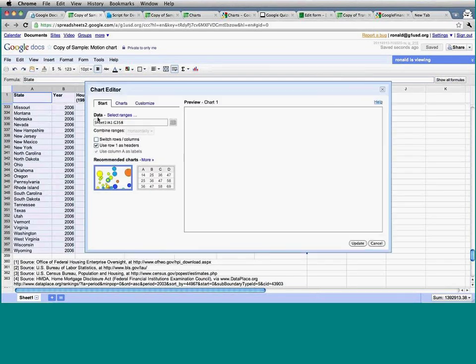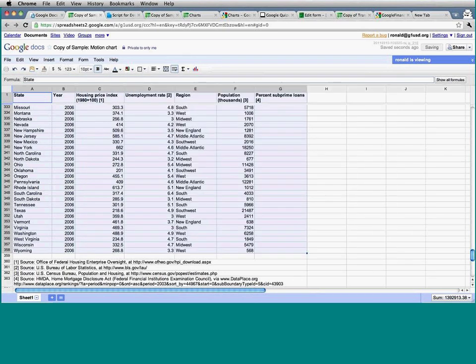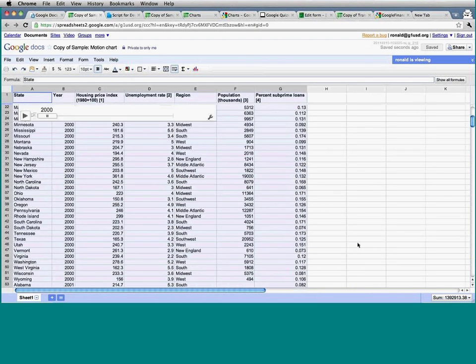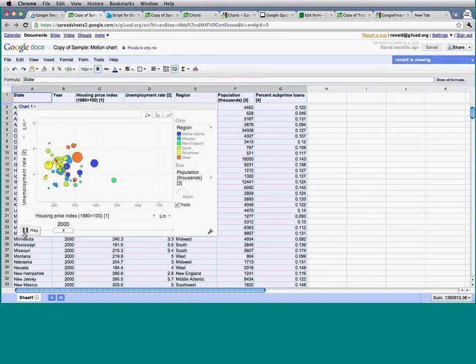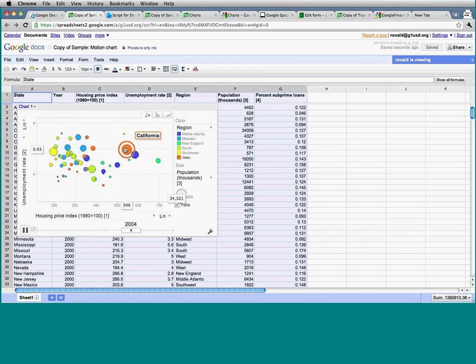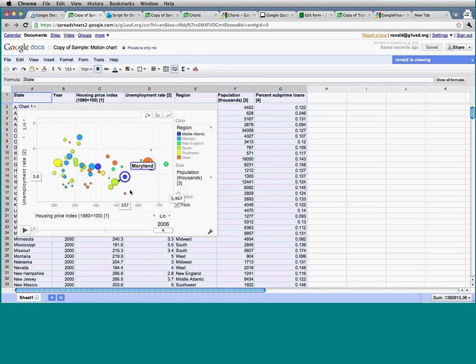Back into there, hit a chart, go back to the top, and so now I can actually hit play and literally watch the data change of the housing price index versus unemployment rate. Each bubble is a state. So the state of California here, I think this is one of those races you don't want to win,